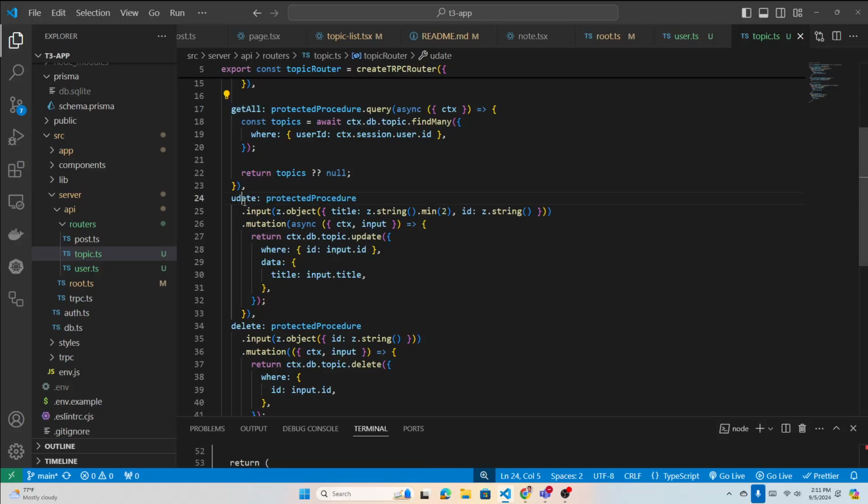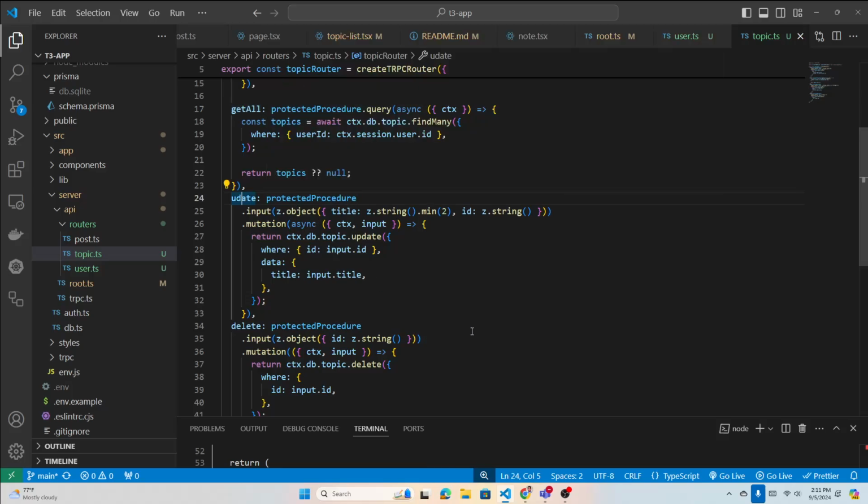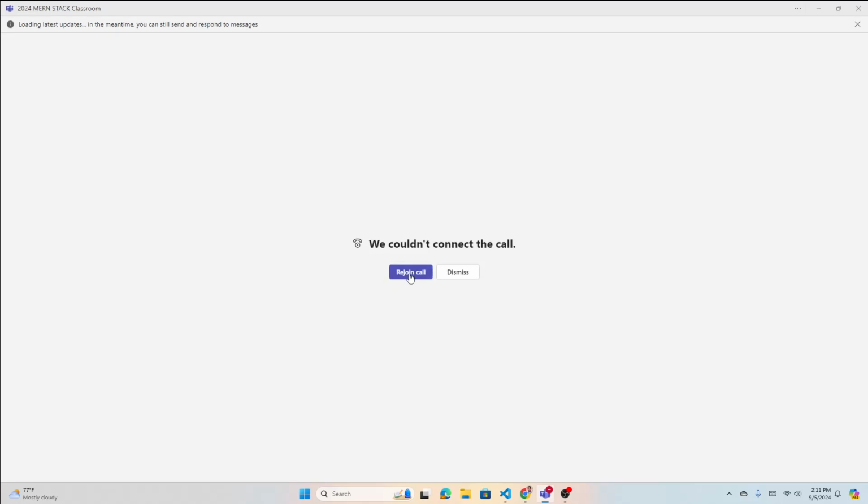Next will be update. In the update, again, we have to deal with the title. In the update, you're going to need the ID and the title because you want to update one of the topics, which means you must need the ID. Which topic? So you need the ID, because when you update,